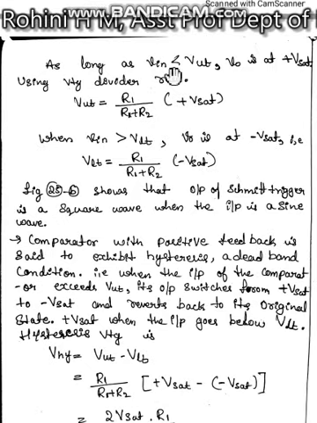So when Vin is less than VUT, then Vout is set at plus Vsat, or we can say that VUT is equal to R1 divided by R1 plus R2 into plus Vsat. Similarly, when Vin is less than the lower threshold voltage, the output is driven to plus Vsat. When Vin is greater than the lower threshold voltage, then the output is driven to minus Vsat, which is given as VLT equal to R1 divided by R1 plus R2 into minus Vsat.